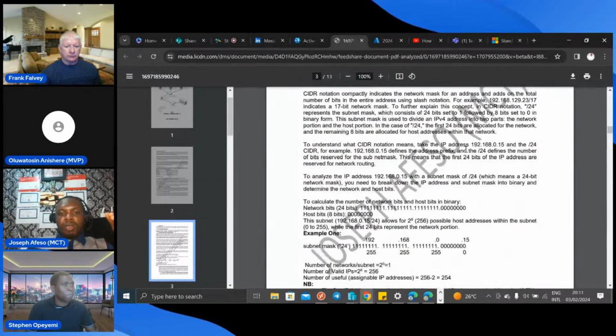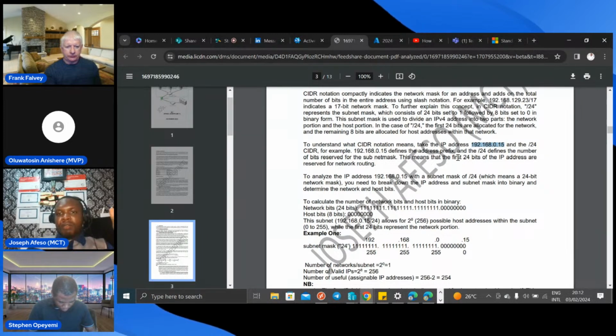To make sense of this very quickly, to understand CIDR notation, take an IP address like 192.168. This is clearly a Class C IP address and a private IP. If you have slash 24, it means that the CIDR notation defines the address prefix, and the slash 24 defines the number of bits reserved for the subnet mask and the host.